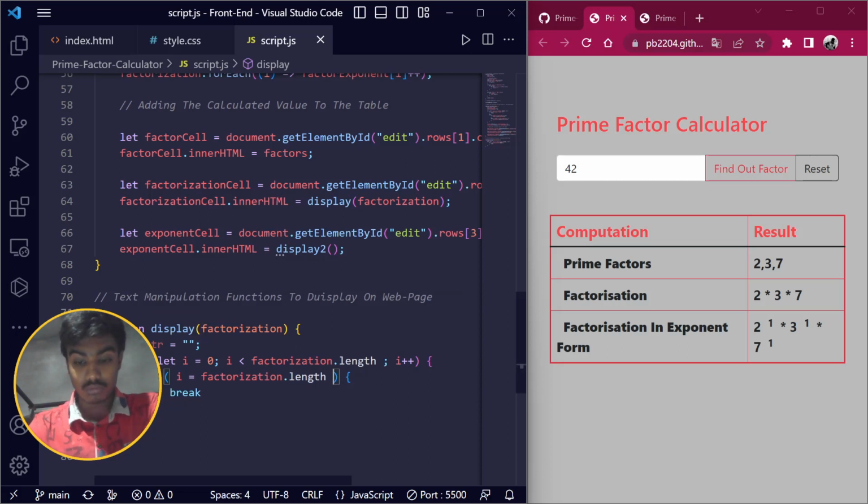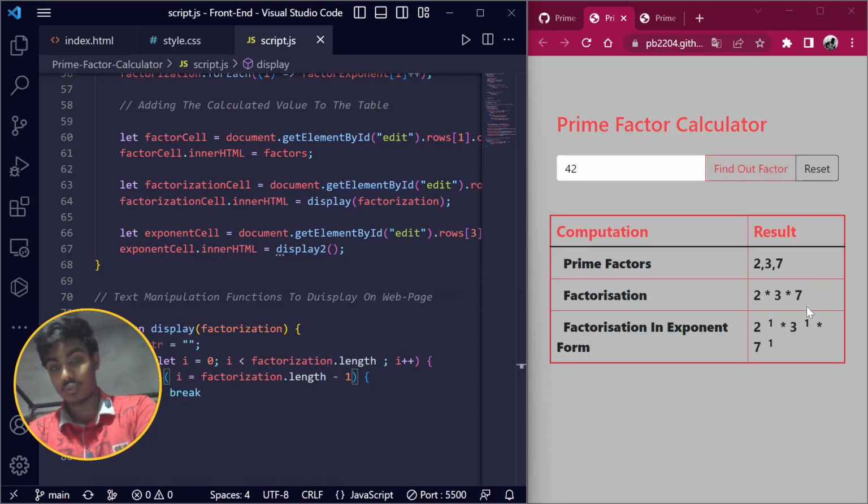Oh, minus 1. Okay, because this is the I minus 1 term, length I minus 1, so you have to break here. Okay, otherwise